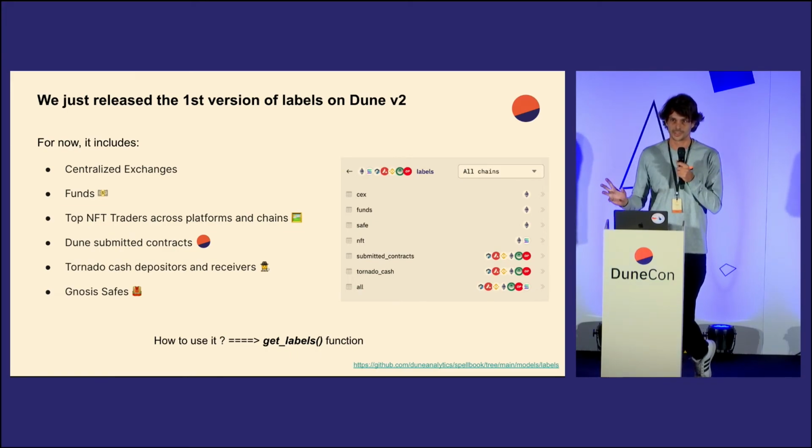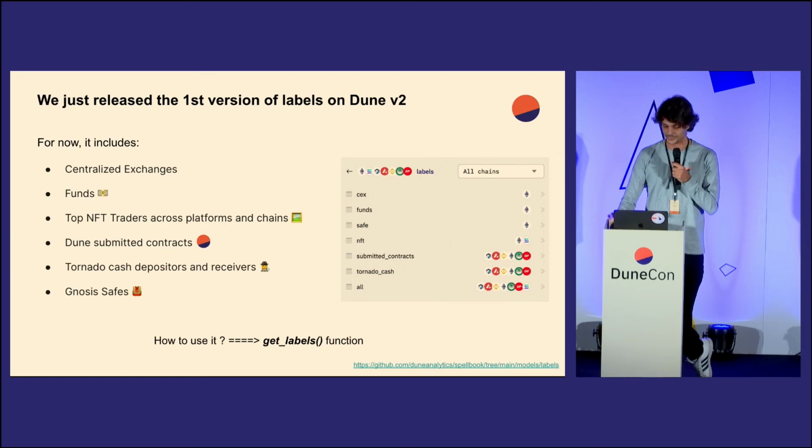But those are more examples for you to get inspired from and hopefully help us get a lot more labels in there. So we kind of need your help to test it a bit, give us feedback, add some labels yourself. If you ever have some queries with a lot of addresses, you can now take them, add them to labels really quickly, and that will help the community and us.